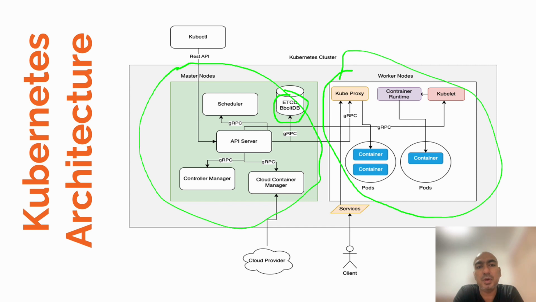Now we come to the worker nodes, or the execution part. It has 3 services. Container runtime is the service by which your container will be running. It will be executing based on the container runtime. Okay. Then there is kubelet. Kubelet is the one which will be called. If you see from the diagram itself, the API server is making a call to the kubelet. For example, if you are making a request to deploy 3 instances of an image, the instruction goes to kubelet, and kubelet will talk to the container runtime, and the container runtime will build the container and deploy it in that pod.